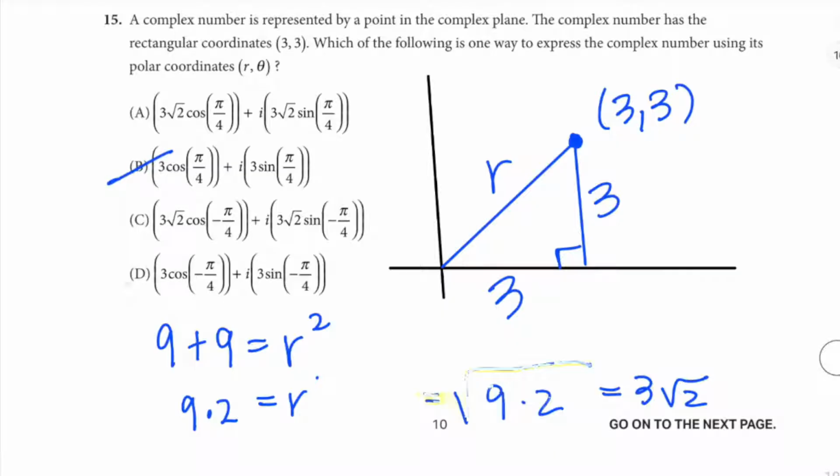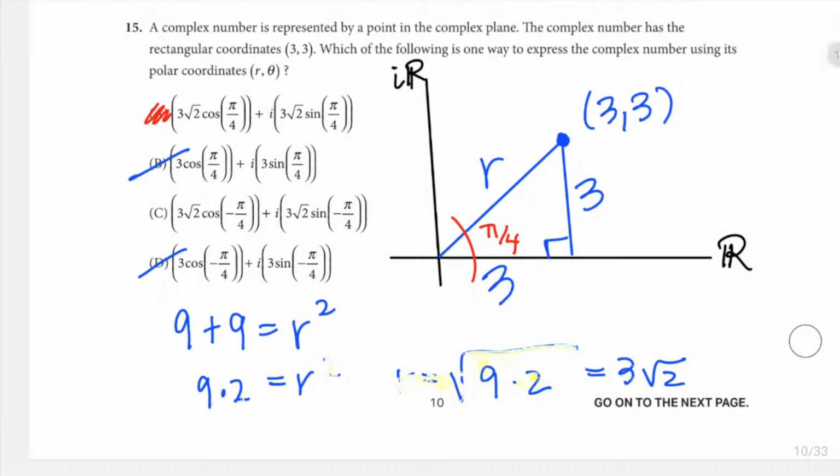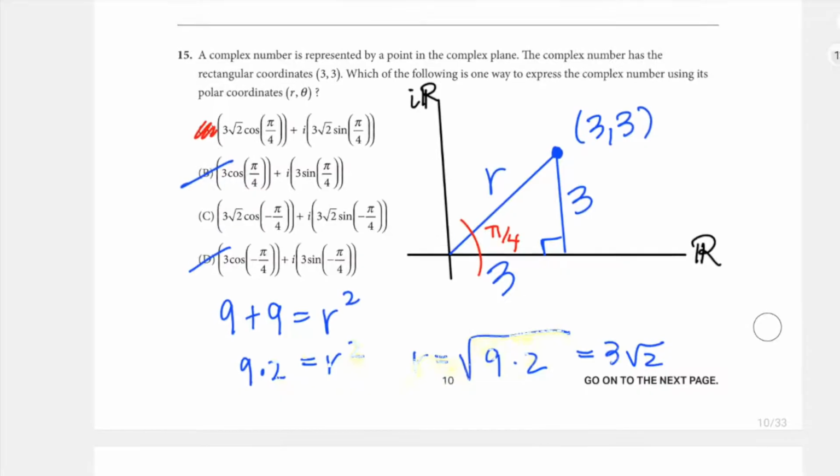And that's going to help me eliminate down to A and D. What's the deal here? That is not negative pi over 4. This is positive pi over 4 as theta. So it's x equals r cosine theta and y equals r sine theta. And because this is the complex plane, this is the set of real numbers, and this is the set of imaginary numbers, but you actually don't need to know that to solve this problem. If you know that x is r cosine theta and y is r sine theta,